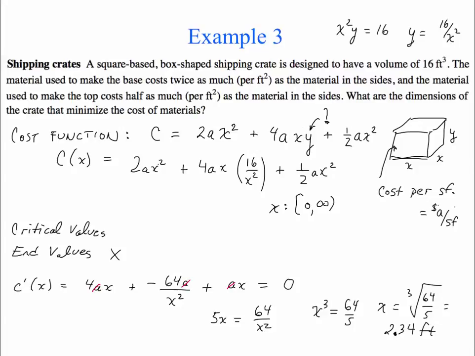Okay, so because we don't have anything else here to verify, we don't have any endpoint values that make sense for this cost function. We get this 2.34, it's the only critical value we get. Let's go ahead and verify what kind of critical value we have. And so we can do that with a second derivative. So second derivative is